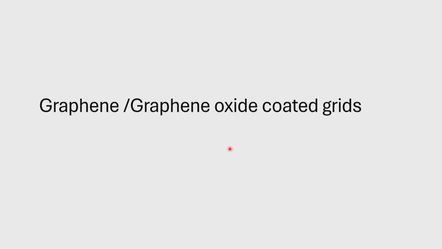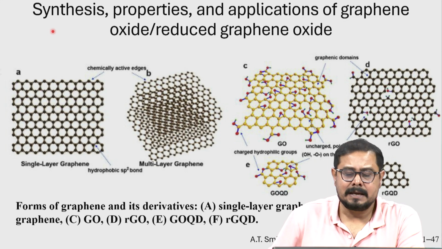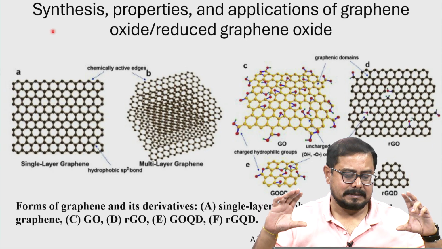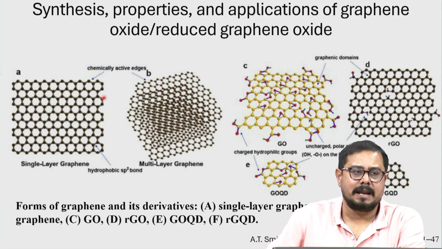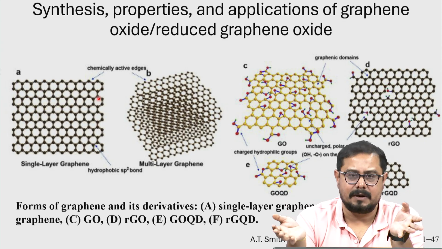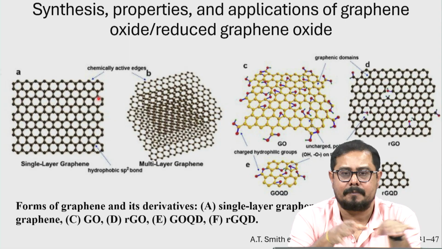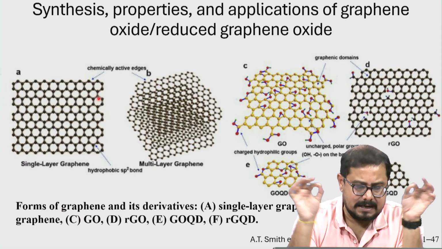So what is graphene oxide? Let's take a look. I am taking these things from a journal where you can see how we can synthesize graphene or graphene oxide. Generally, getting a single layer graphene oxide grid is the most important part, because graphene can be folded, and you can see different types of folding. One thing to remember is that graphene or graphene oxide is basically a carbon layer.